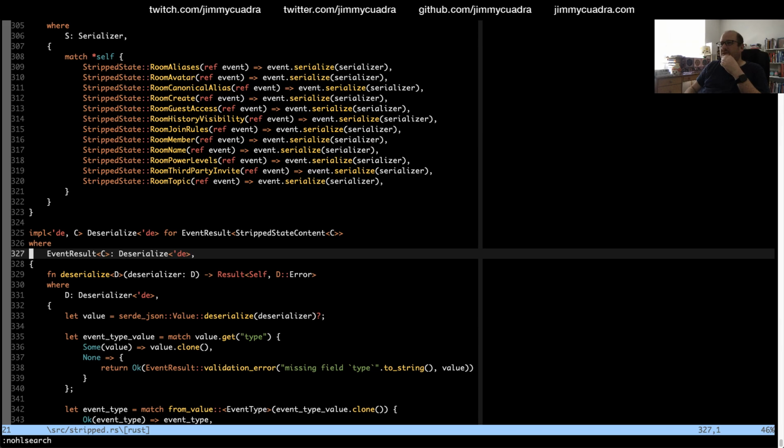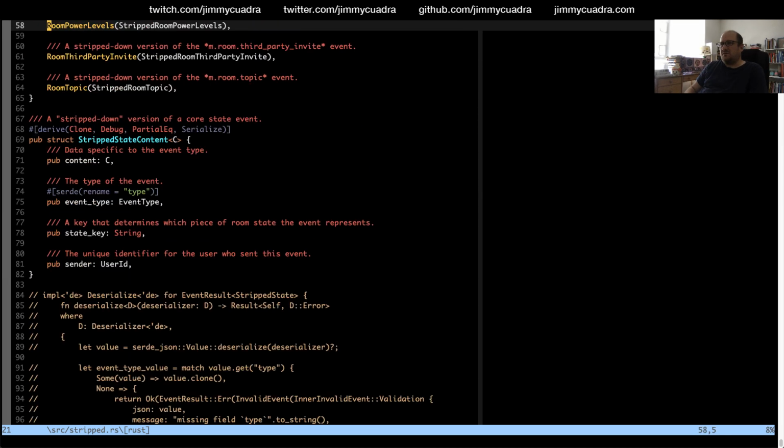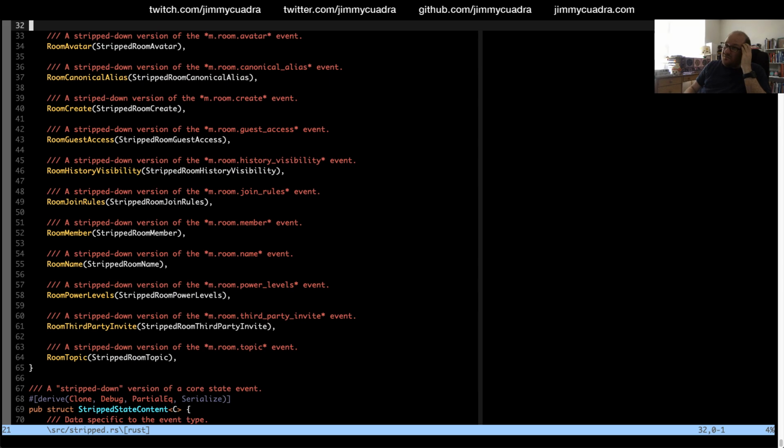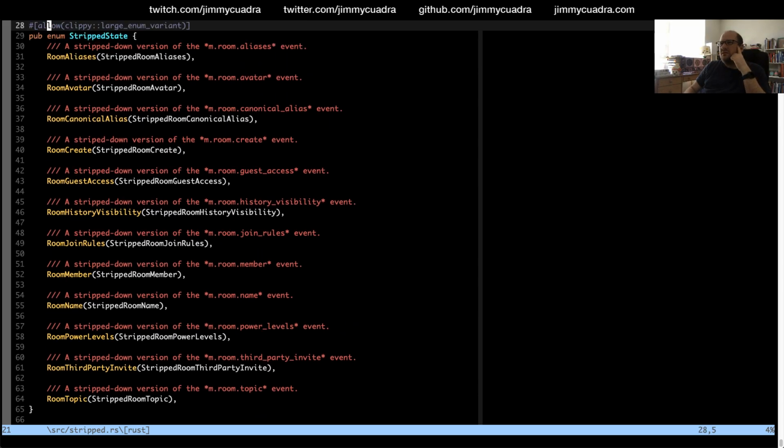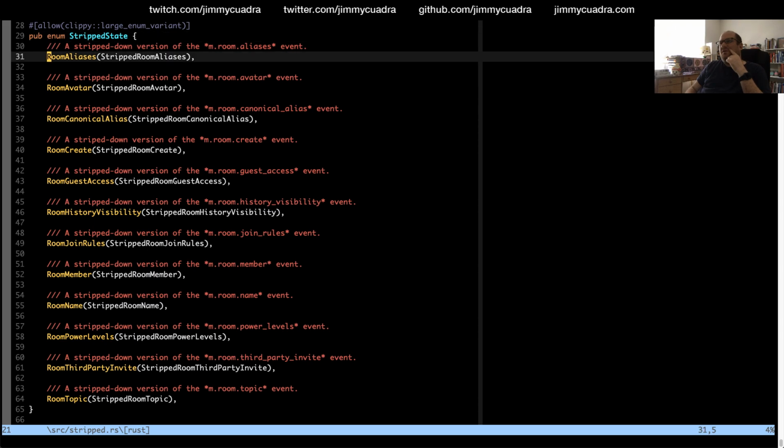And C, no, I think stripped state content, because it's not actually C. I'm not actually sure how I want to represent this, because what happens if one of these variants is invalid? We don't actually know which one it is.